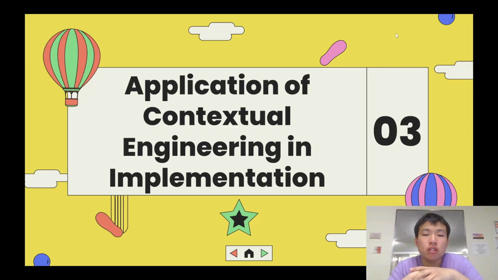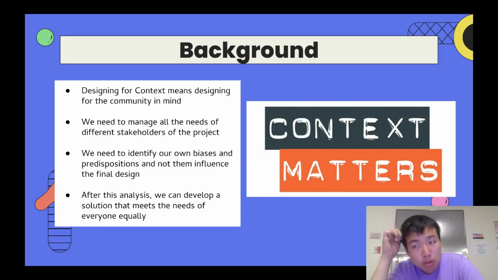For my part of the project, we'll be talking about the application of contextual engineering in the construction phase of the project. Number one, we need to talk about why context matters. Context matters because it allows us to design with the community in mind. It allows us to create a project that is long-lasting and sustainable, and one that won't require further maintenance